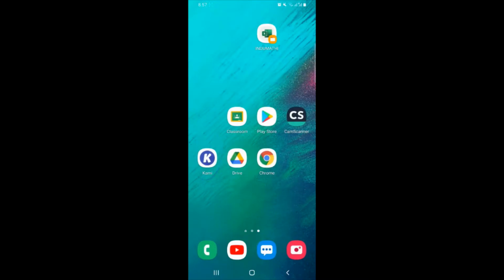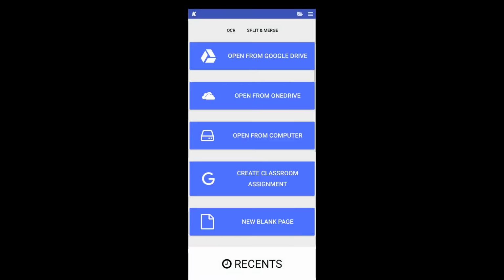So now it's my drive file. I have all my answer papers over here. With those papers, I'm going to correct using Kami. So now you can see my Kami. I'm going to click Kami now. To open Kami, it will ask us to open from Google Drive or OneDrive. I'm not preferring these things. I'm going to open from my computer. So open from computer, click that one. It is in Google Drive actually, but I'm opening from my mobile. So I'm clicking that one.